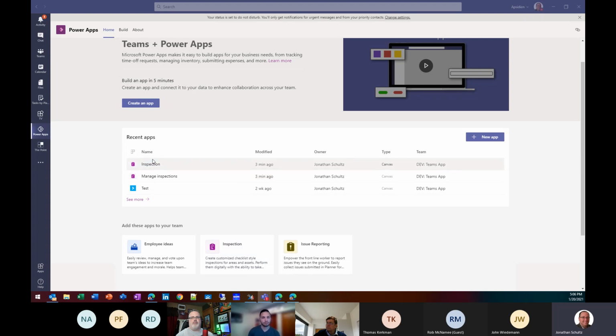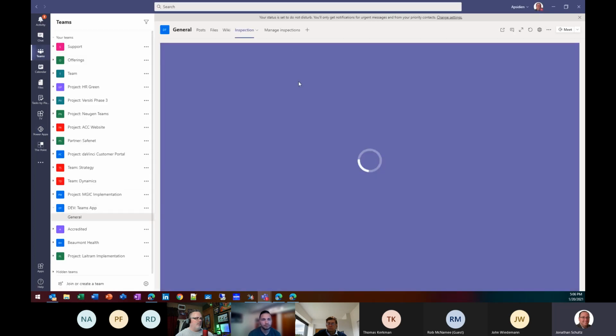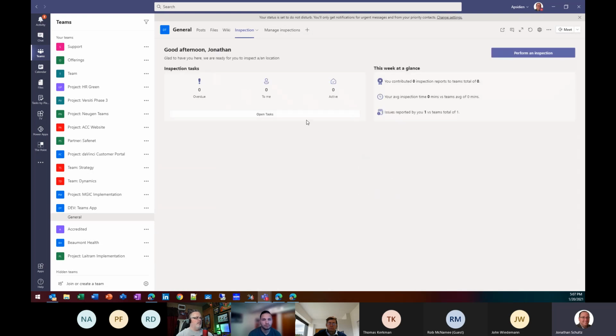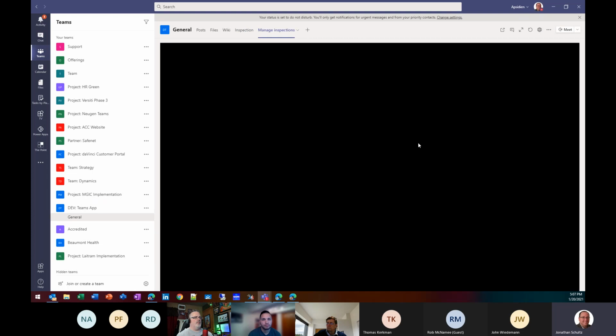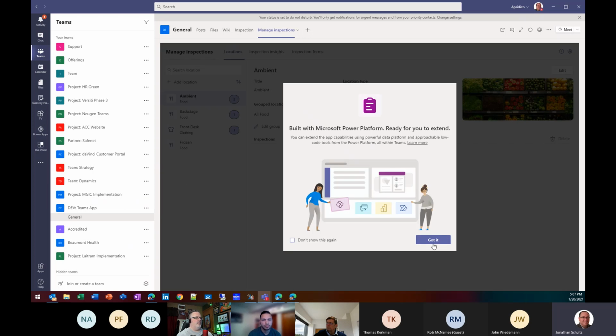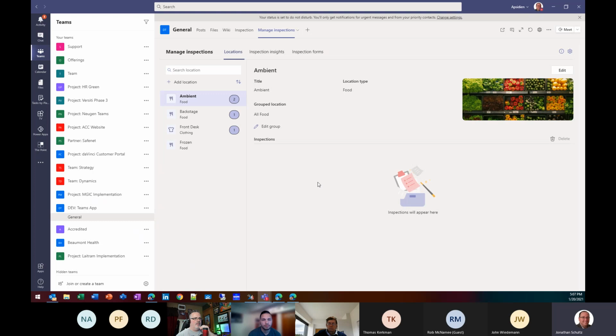Now you can see that these apps, it had those templated apps pre-built now and added to my dev team. If I go into that dev team, here now you can see the Power App that's built for the inspection and managing inspections. So those 2 apps are now showing up in this Teams channel as tabs. Well, that one, there it is. But now, again, you're starting to see, I would assume, Canvas apps sitting inside of this Teams channel using the database in the Dataverse.